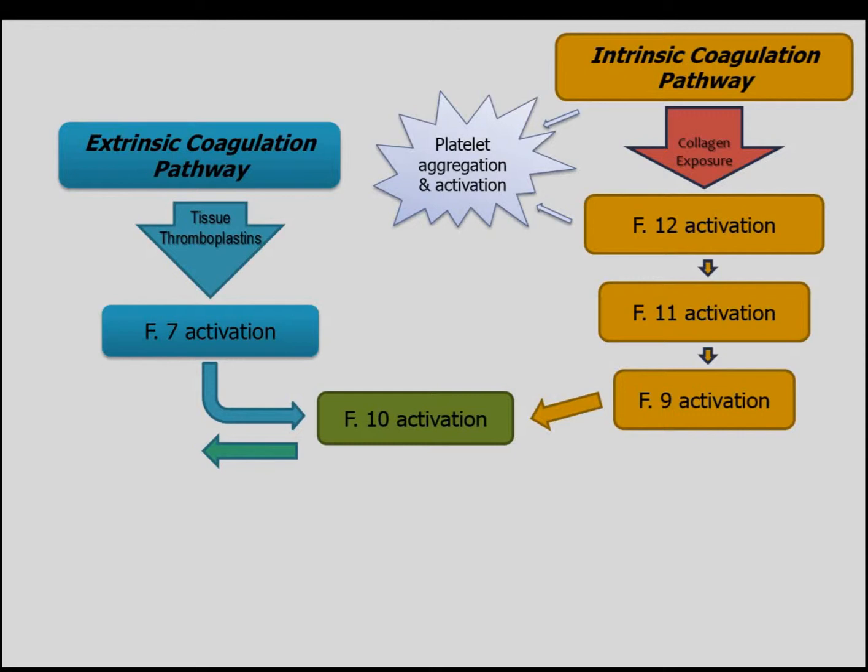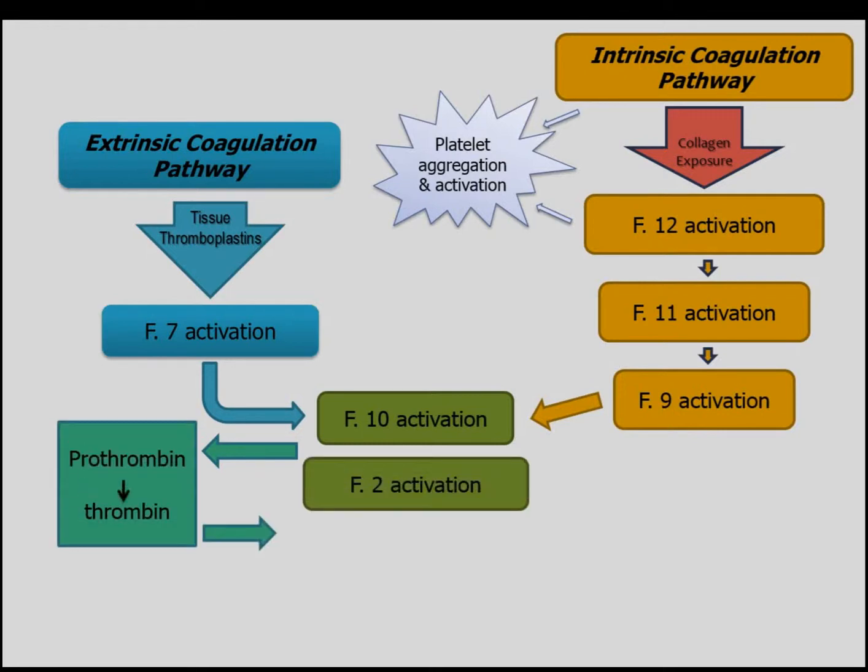Once factor 10 is activated, it will activate factor 2, and it also will activate a clotting factor whose name is prothrombin into its active form called thrombin. This is a name that you'll hear a lot, prothrombin being activated into thrombin, so I chose to use its name instead of its factor number because you will hear it a lot. So after prothrombin has been activated into thrombin,